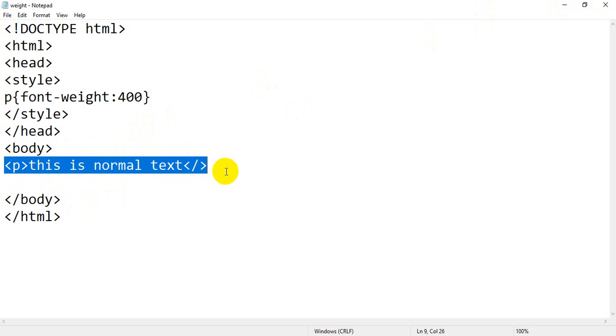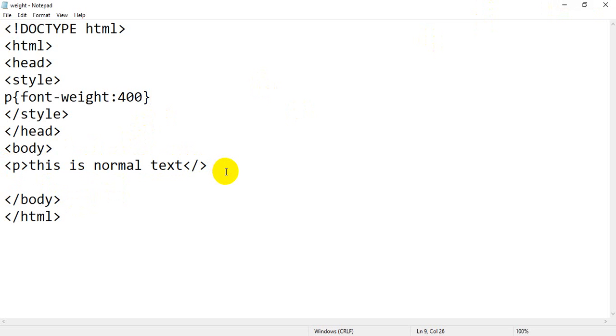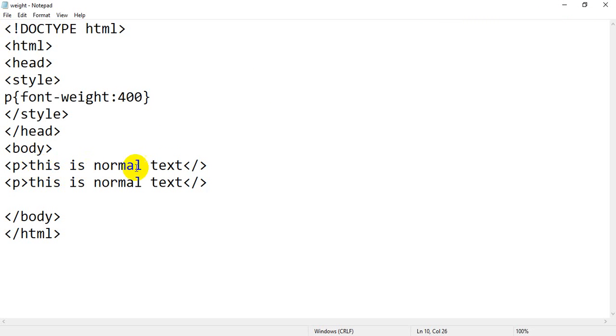I will use Control C and Control V. So for example, this is normal text with CSS, and this one is without CSS.